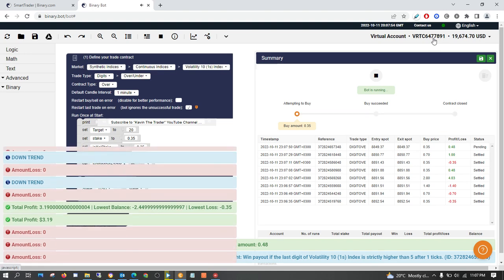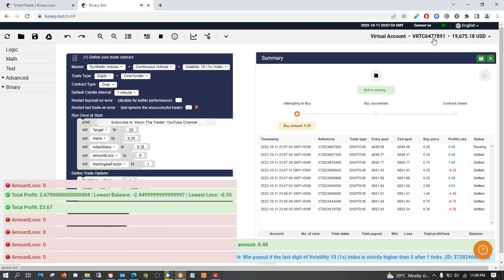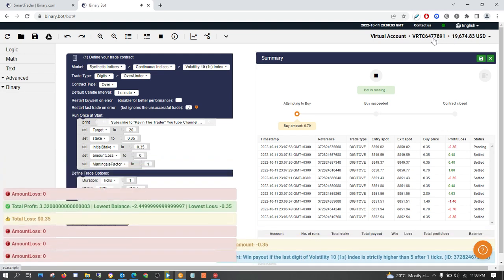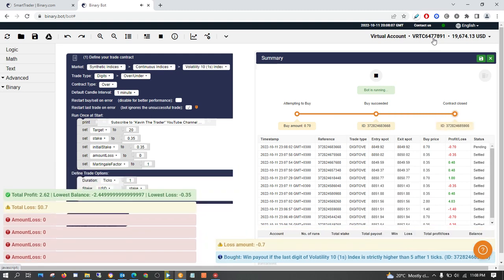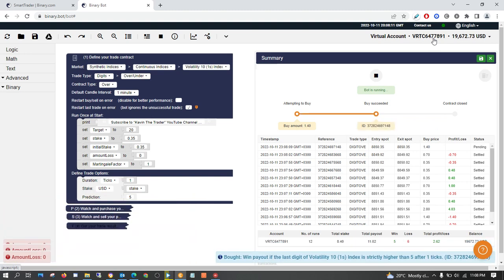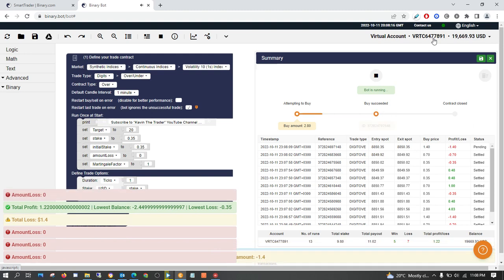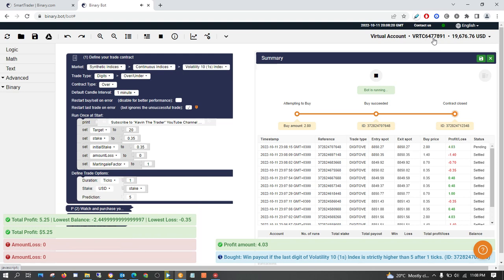Okay, so anything 5 and below will be a loss. Anything above 5 will be a win.